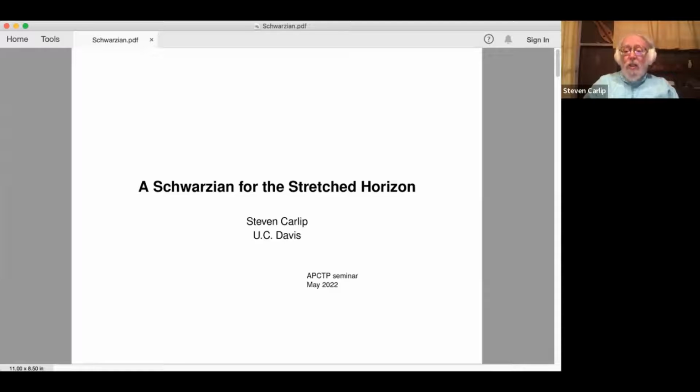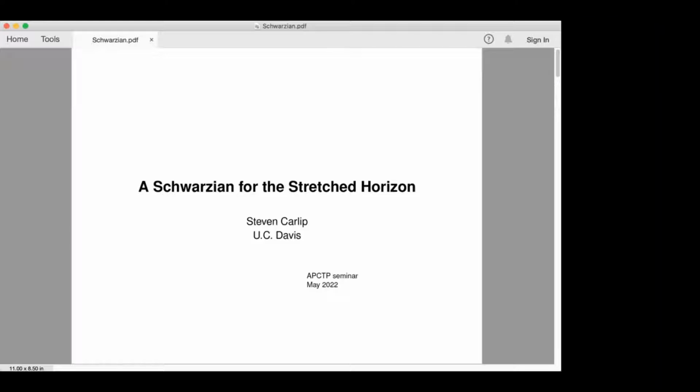So, like most talks about quantum gravity and black holes, I'm going to start with the fact that black holes are thermodynamic objects. And in particular, we've known for 50 years now that they have an entropy proportional to the horizon area. It is natural to suppose that this entropy, like other normal entropies,